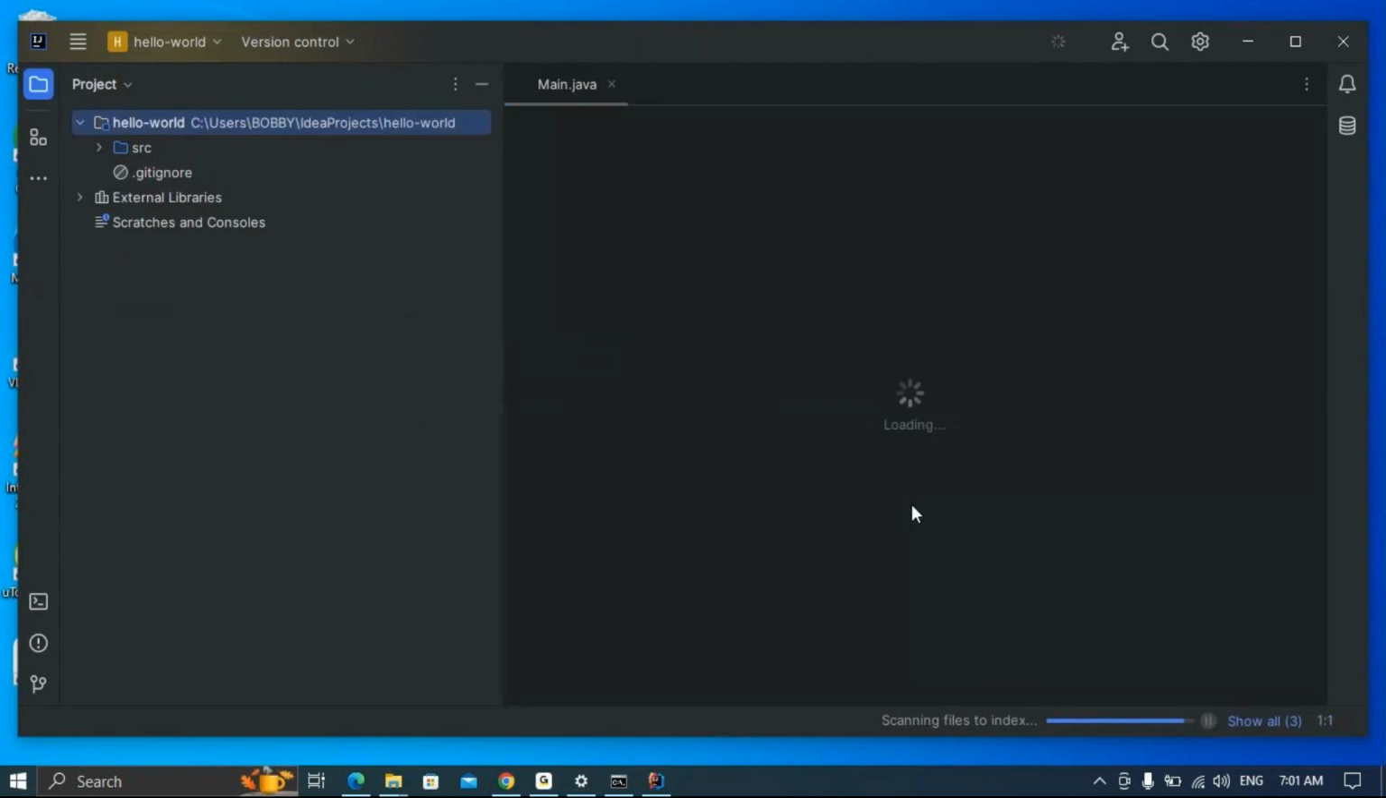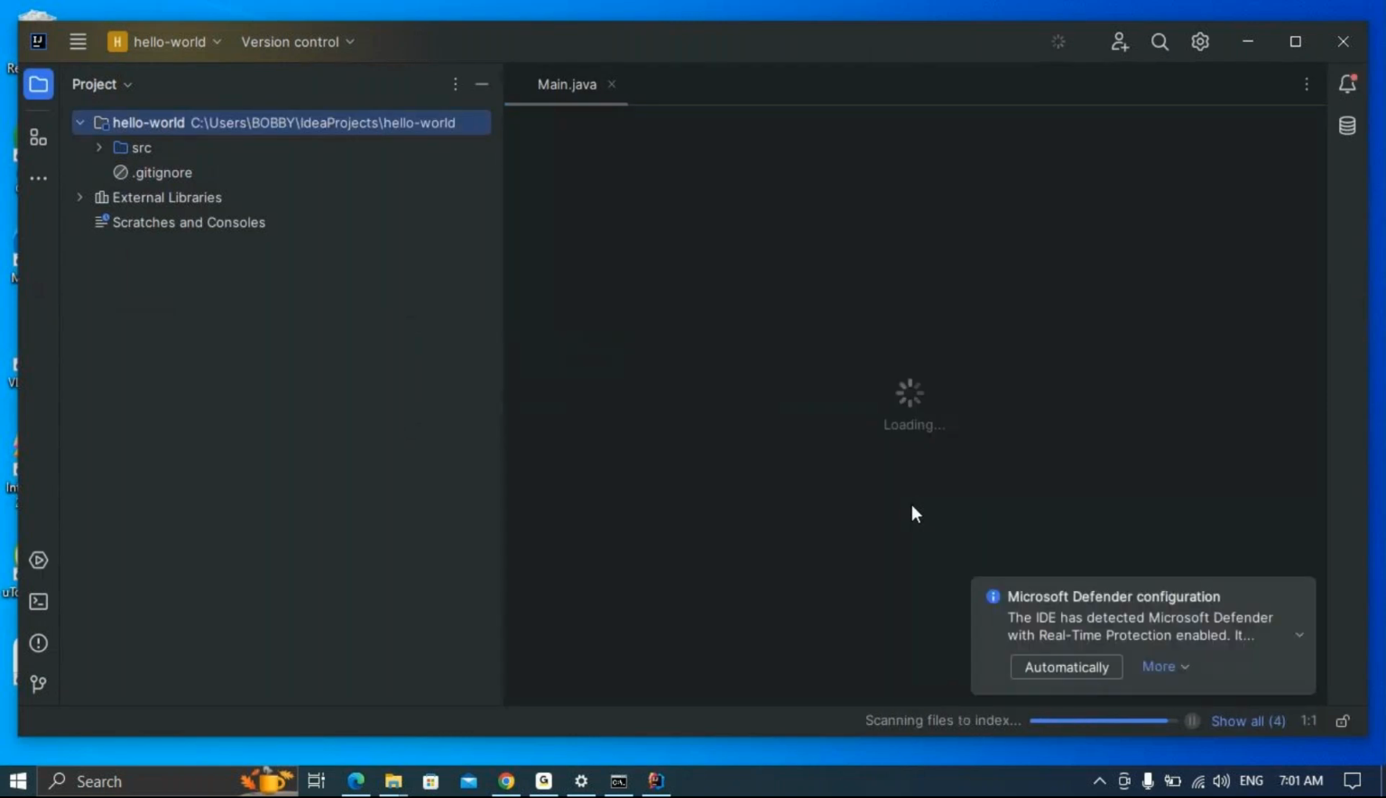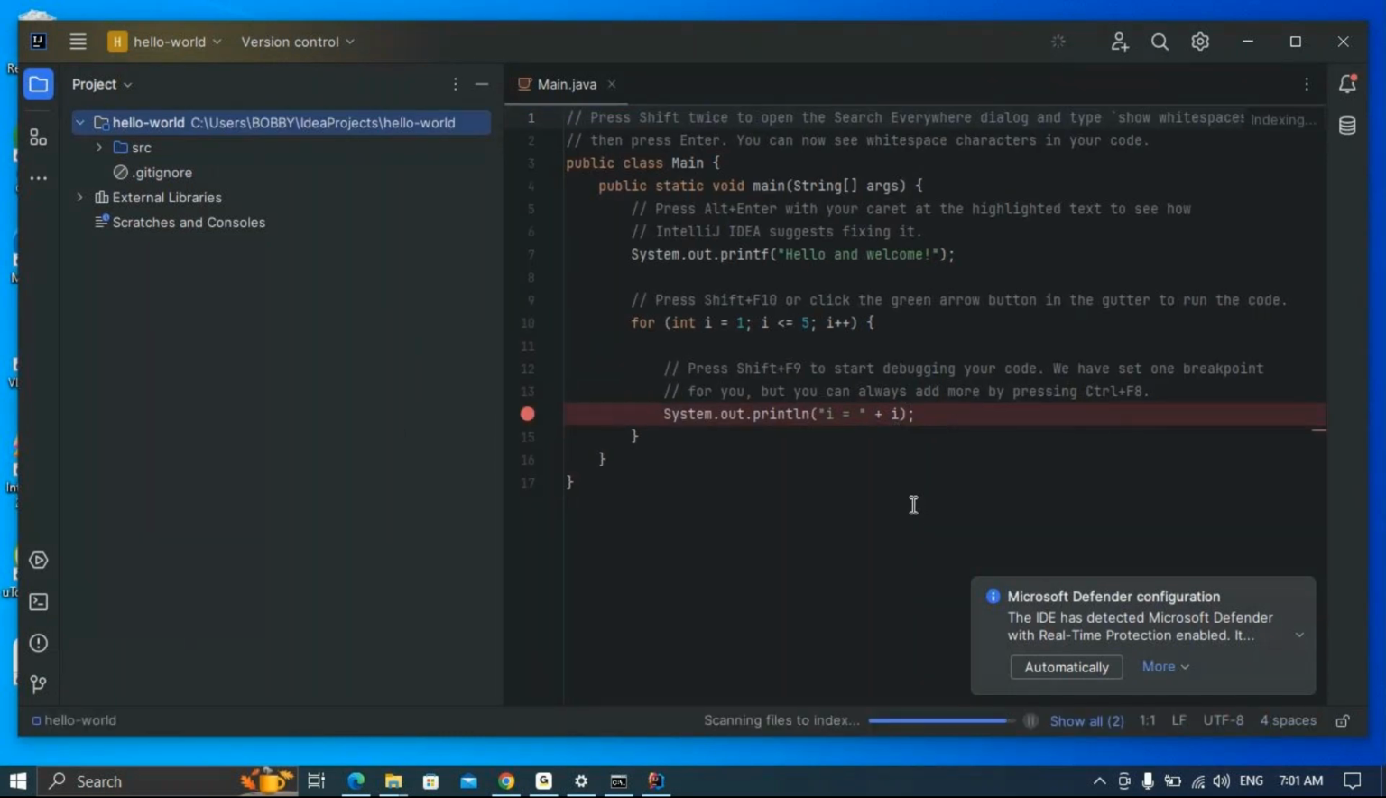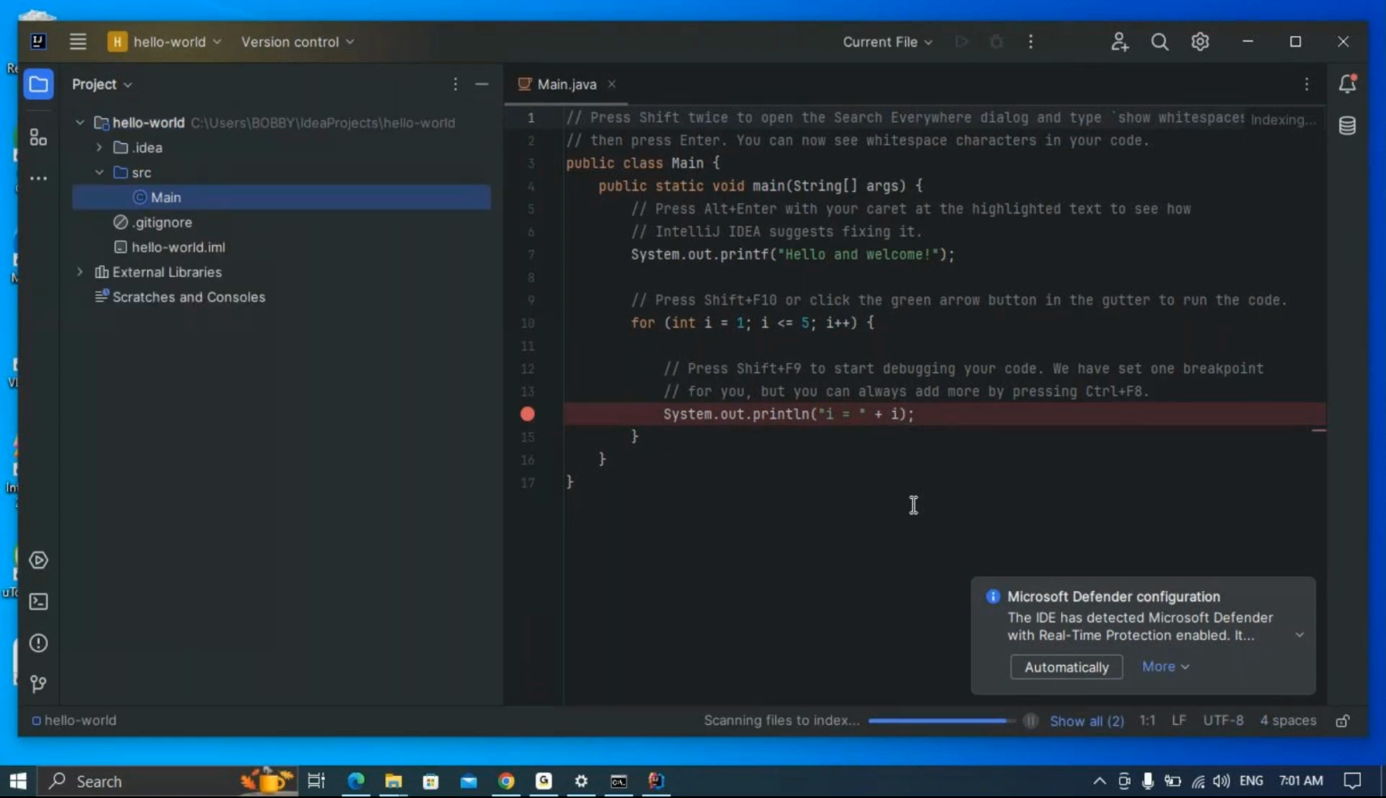Yeah, this is a simple project which we created, and which is going to the IDE itself. It is going to add one simple example. It is adding here. They are giving some suggestions, like Shift F10 to click the green arrow. Now, right click here. You just remove that dot, or we can